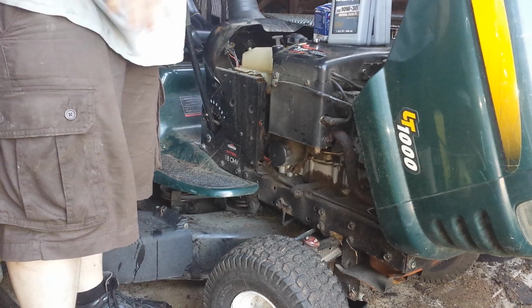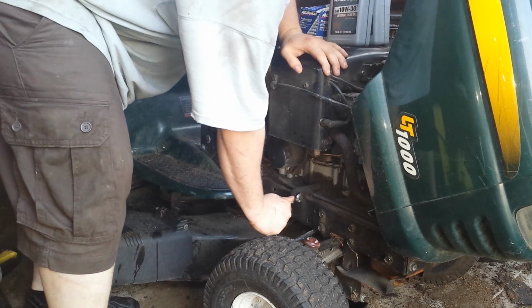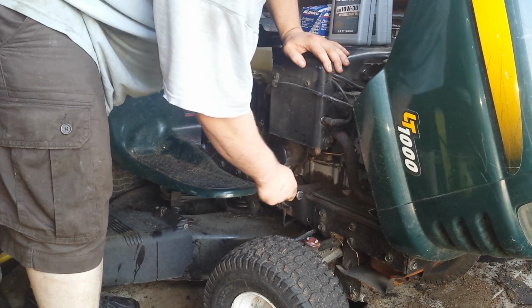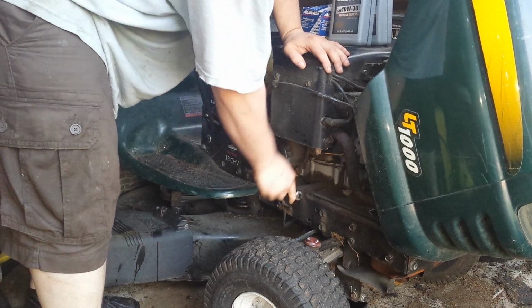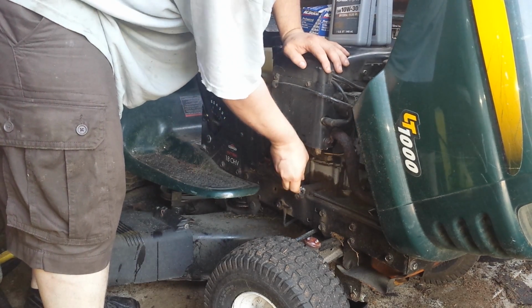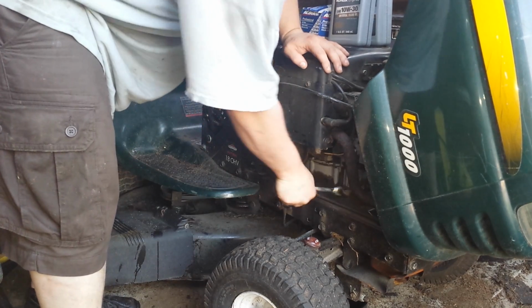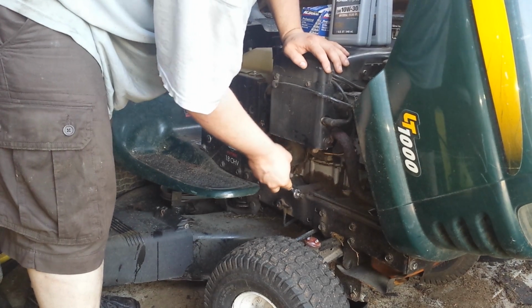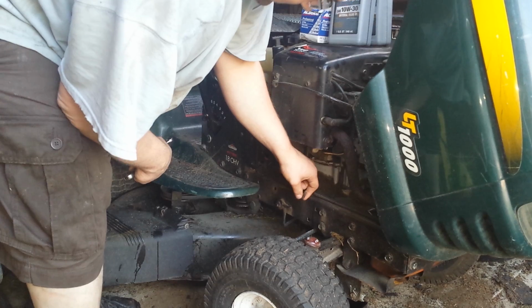I have a pan underneath it here. It's not quite an oil drain pan, but it'll work for what we're doing. And of course, this bad boy is tight. And it's actually not the right size, it's just one size too big, but it's not going to strip out. For whatever reason, I can't find my 10mm wrench or a 10mm 12-point socket to do this. Now that it's loose enough,